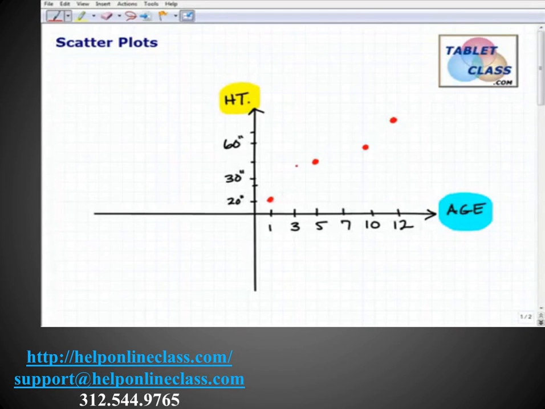But nevertheless, you can see what's going on here is as we plot these points, we can see a trend. The trend is that as we get older, we get taller. And that's the whole idea, to be able to take a bunch of numbers